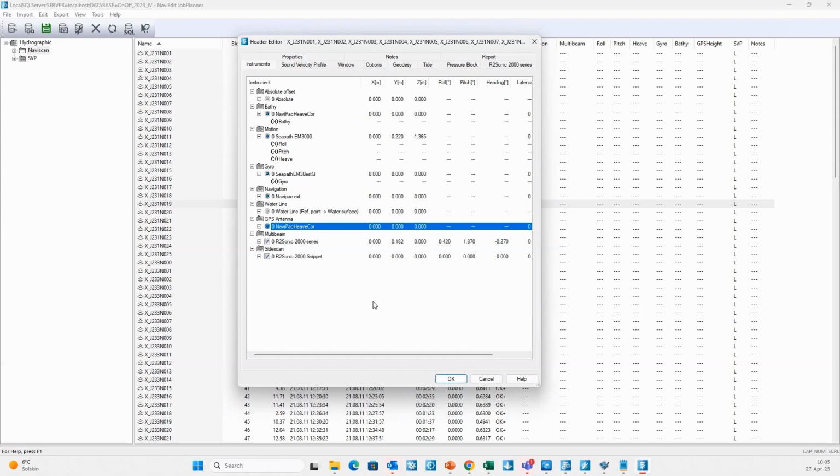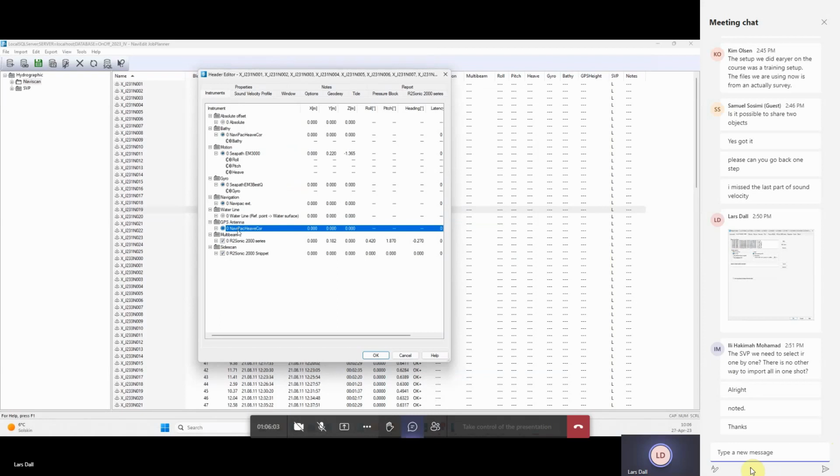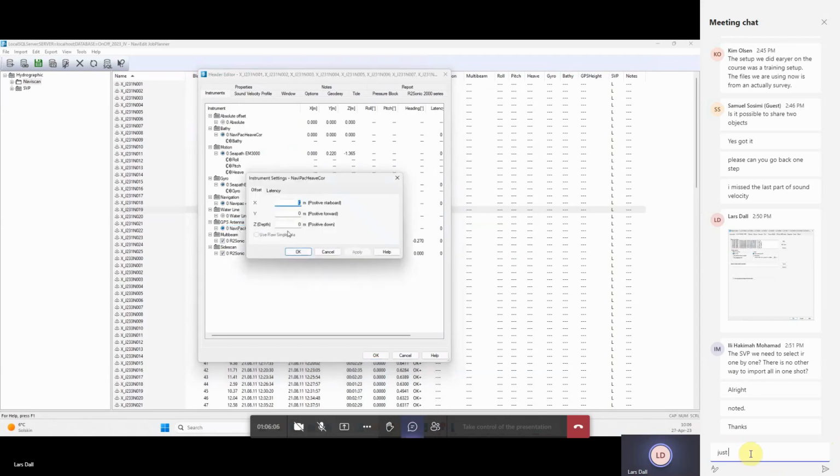The problem is that Naviscan doesn't know anything about the antenna height. That's not part of what's being received from NaviPack. So therefore, I will manually have to do that. I have to do it because I will recalculate the Bethy height with new data that we have here, a geoid model, for instance. So I will double click on the GPS antenna NaviPack heave correction, and then I will enter the height of